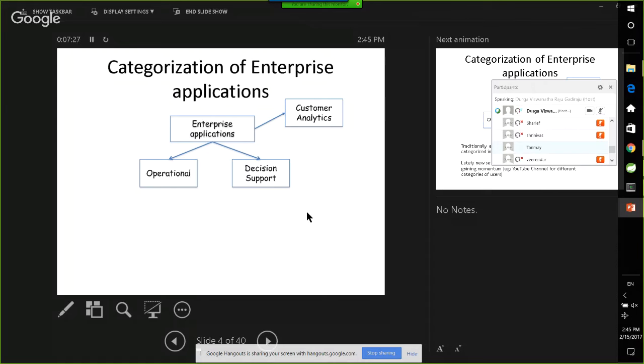If I'm spending more than this much in a given month on a particular category, send me an alert. If we configure that, it will start sending alerts. So this is all customer analytics, which can drive our decisions.